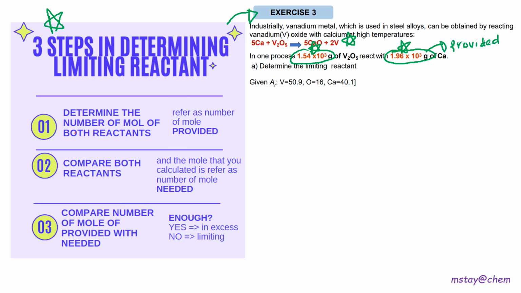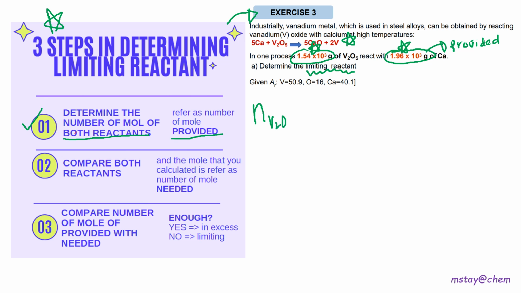So this question is asking us to determine the limiting reactant. Step number 1, we have to determine the number of moles for both reactants. And again, you have to keep in mind that this refers to the number of moles provided. So moles of